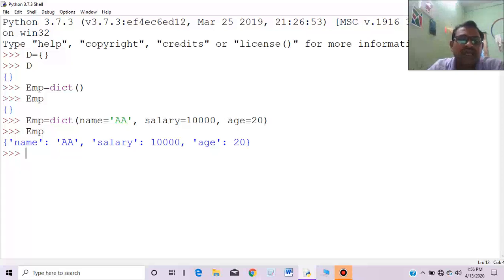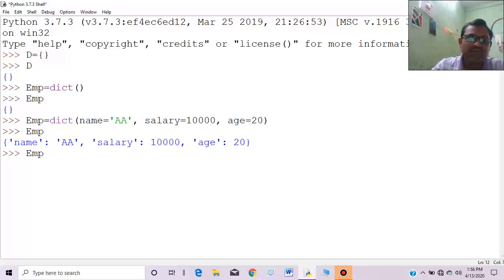Moreover, we can add values during the execution of the program. Also, I will take a short example regarding those methods. But this is how we can use the dict method to create a dictionary.